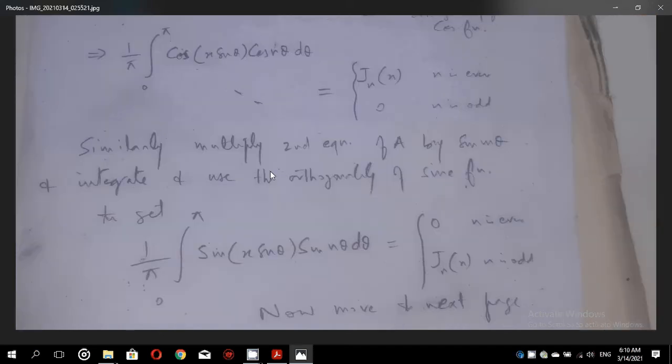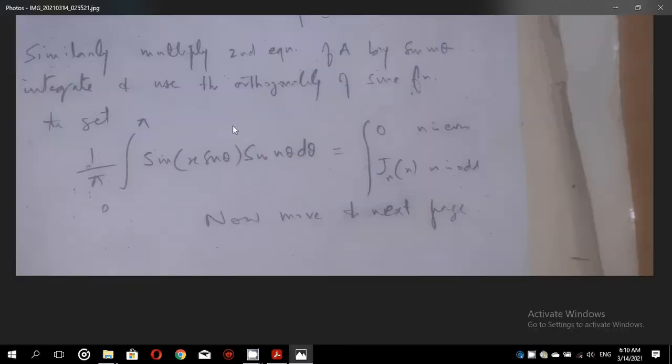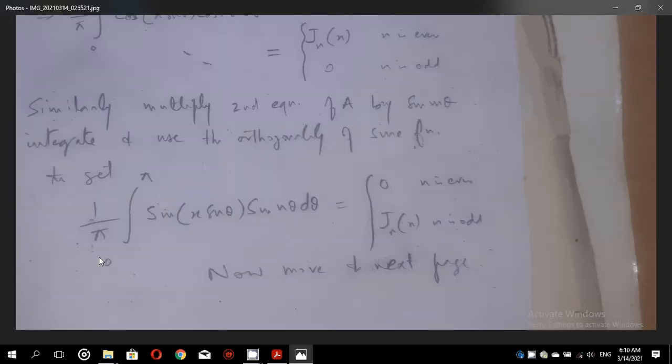Similarly, we multiply the second equation by sine m theta and integrate, and we get this equation, that 1 over pi integral from 0 to pi is equal to, this integral is equal to 0 when n is even, and nonzero when n is odd. So if we add up these two terms,